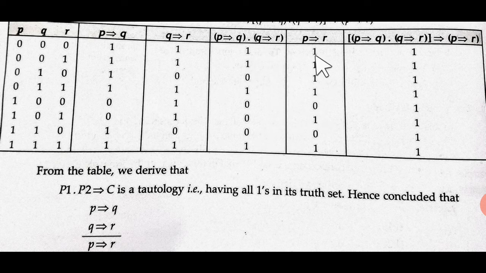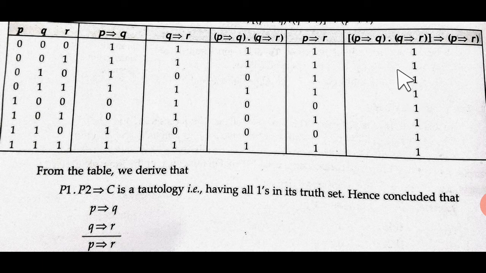Now we go for P conditional R. We have to check where the antecedent is true. Here the antecedent is true and the consequent is false, so the output will be 0. You can see it is 0 here. Then antecedent is true, consequent is true, no problem, only 1 will be produced. Antecedent is true, consequent is false, so here the output is 0. Now again for P conditional R we check 1, 1, so the output will be 1.